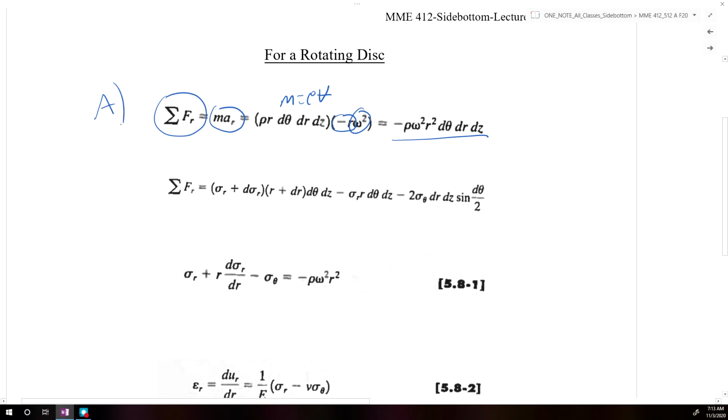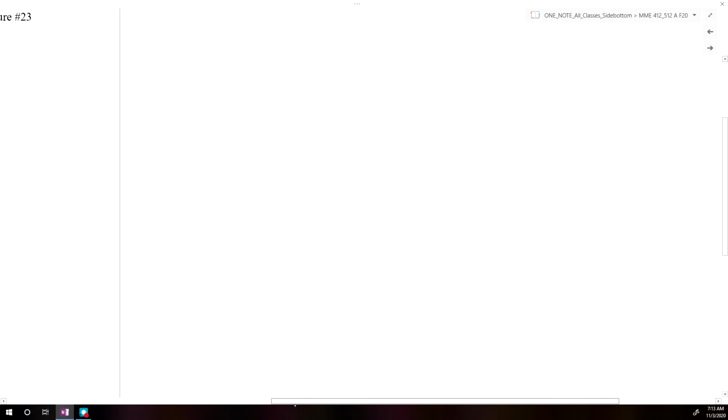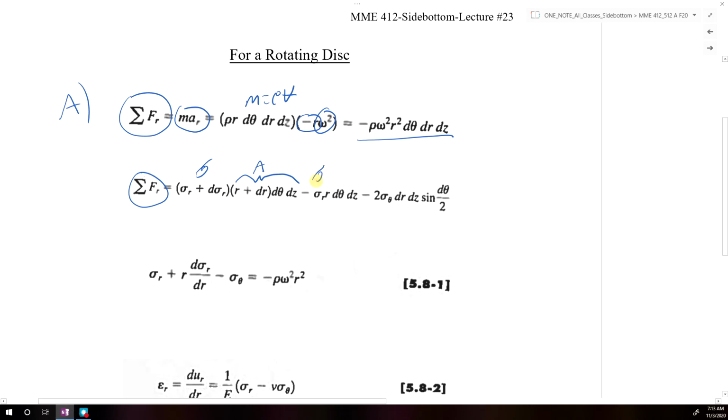We can repeat the process with our stresses. We're just going to take our stresses and multiply those by the cross-sectional area. So this is just stress times area, then we minus stress times area. And what we end up getting is that